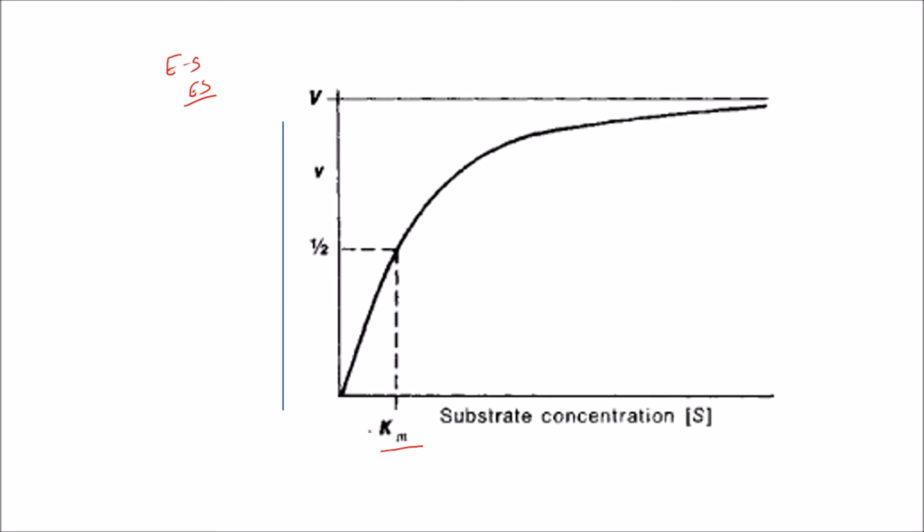And Km depends on the Vmax. How? Because Km will be equal to the substrate concentration when V naught, the initial velocity, is equal to half of the Vmax. So, to determine the Km, we need to know V naught and Vmax. For V naught, there is no problem with the Michaelis-Menten equation, but if we talk about the Vmax,